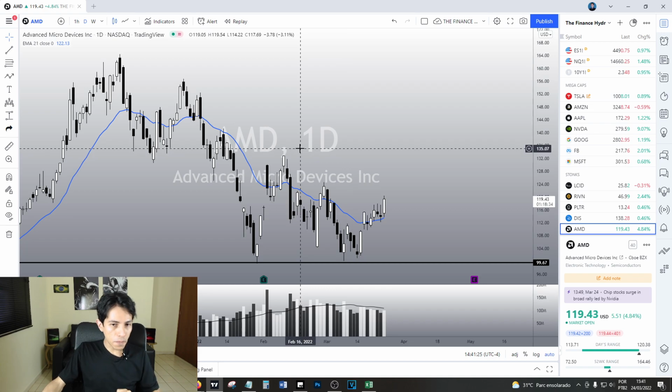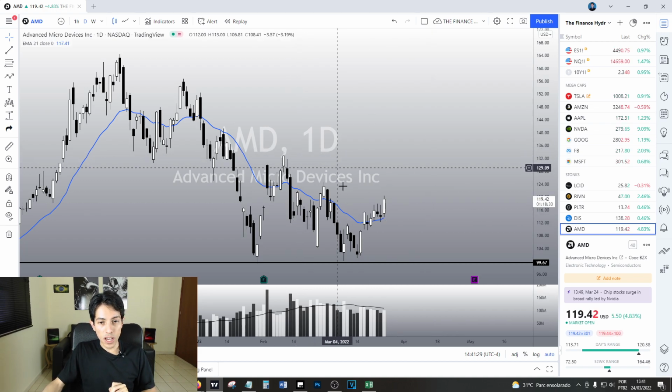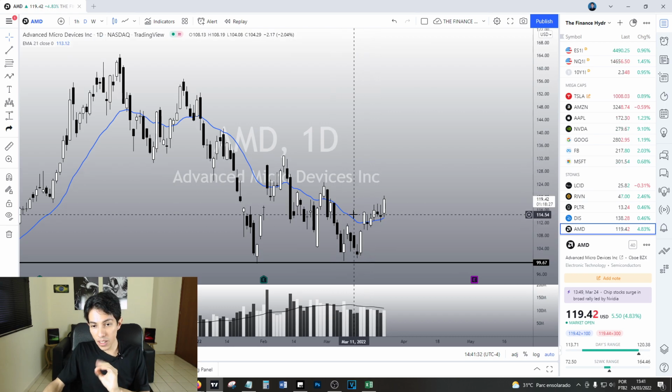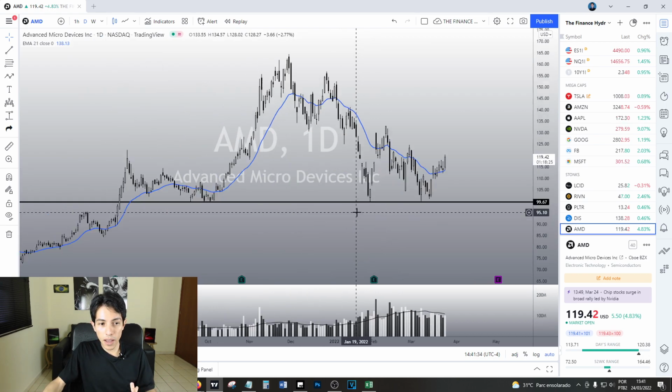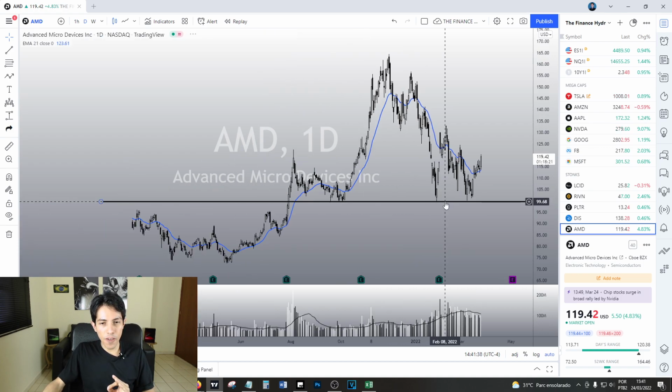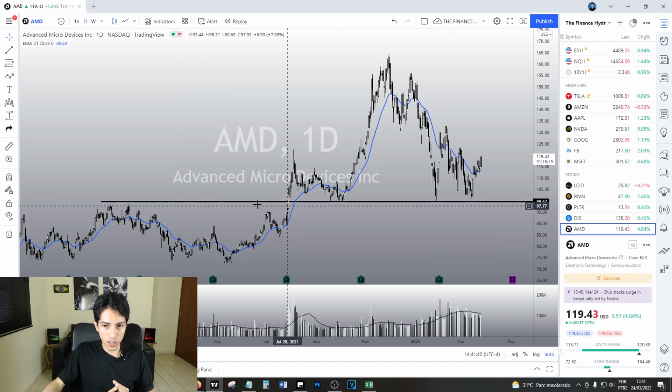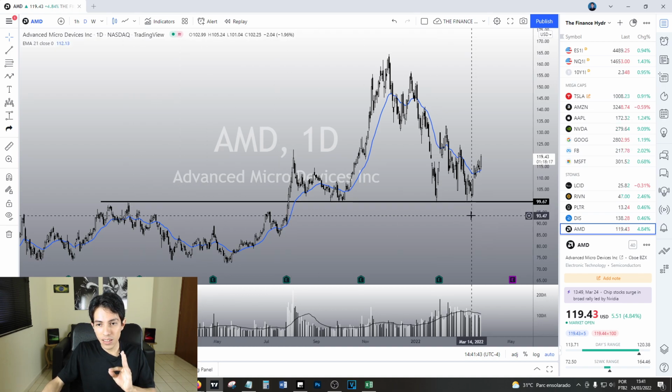So right now, AMD is reversing, and this is a very good situation for AMD. I think AMD is a buy. Okay, I think it is a buy, especially because we just retested a very important support level on it, which is this black line at